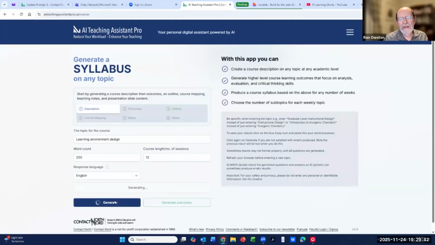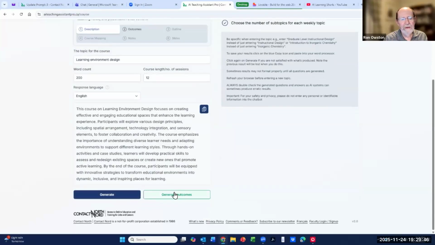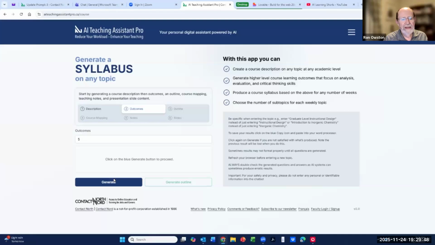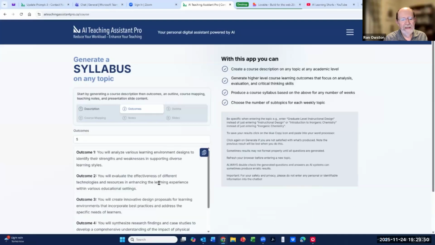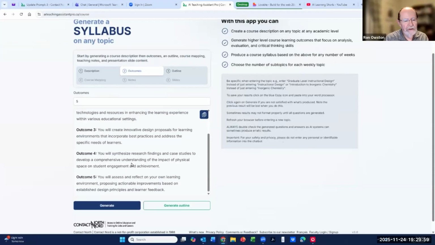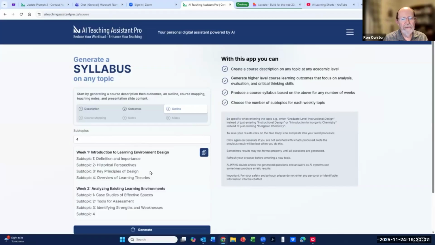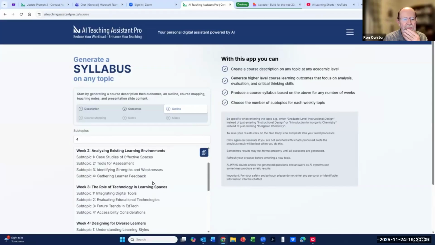So you could generate that and get some ideas that you may or may not want to include in your course, and go through the process like this. And these all build on each other. The outcomes relate to the description at the beginning, and then of course the course outline relates to the previous part, and so on, historical principles, learning theory.